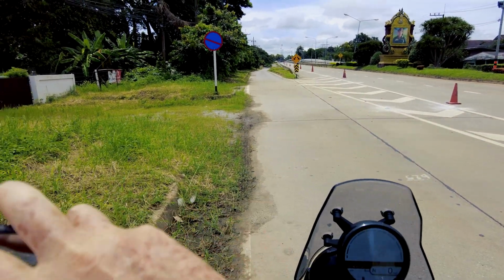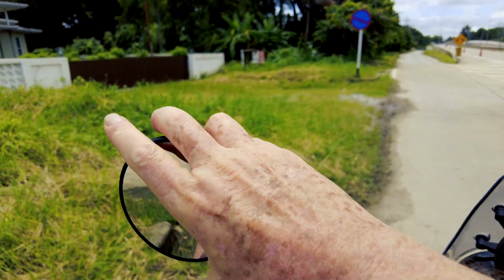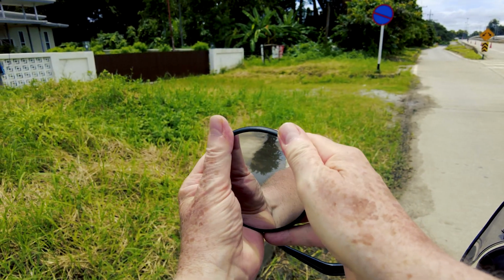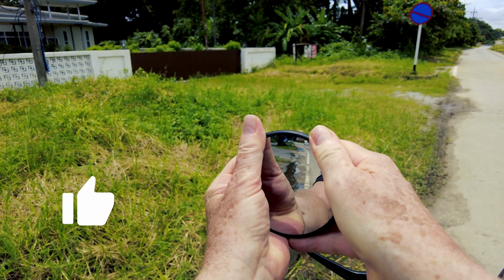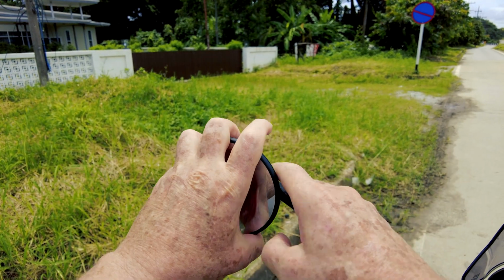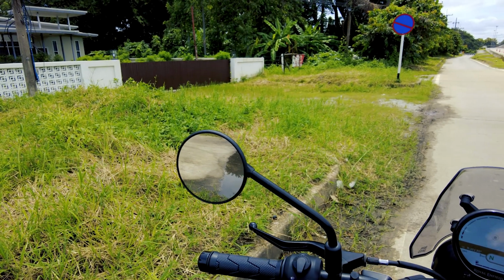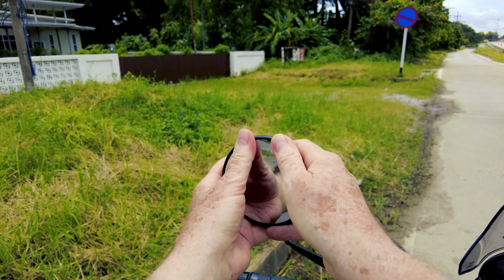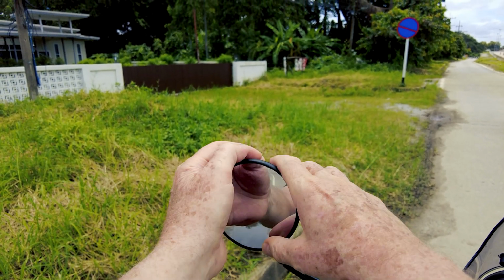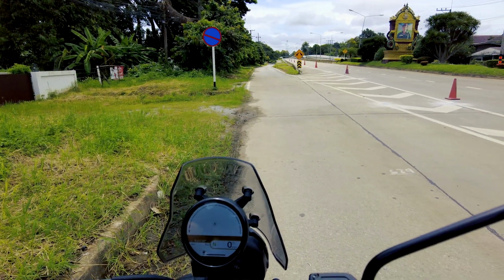And of course, because the central instrument there in the middle is also round, and it's almost the same sort of size as these mirrors, I think it's a good design feature that we've got these two round mirrors and the round display in the center. So here we are, just getting the mirror adjusted, ready to move off again. And there we go, get it fixed, there we are. So first thing I noticed